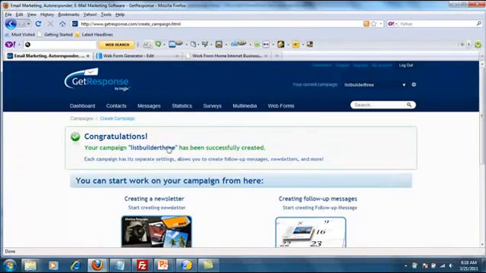So remember, each campaign you have will have separate settings, allowing you to create follow-up messages, newsletters, and all those great things that go along with it. So what you want to do here is select Web Forms up here at the top and choose Create New,